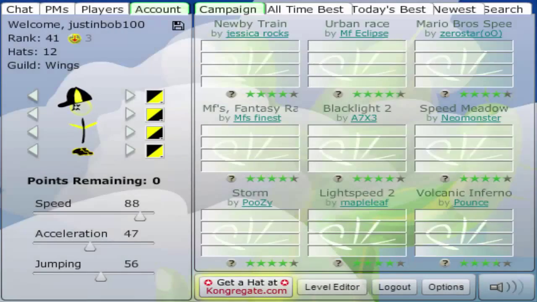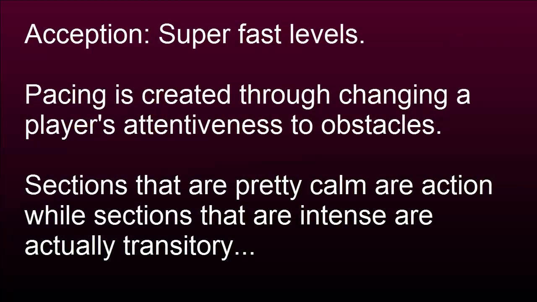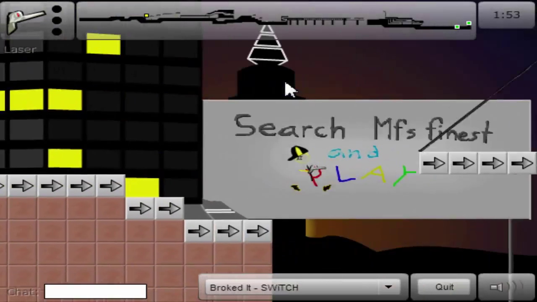But what are some exceptions to the rule? Well, there are actually a couple exceptions to this rule. One of them being completely speedy levels throughout, like Urban Race. But the rules still apply, just in a different way. Now, an action section is actually where you're relatively doing the same thing throughout at the same speed, okay? So this would be considered action throughout here, and